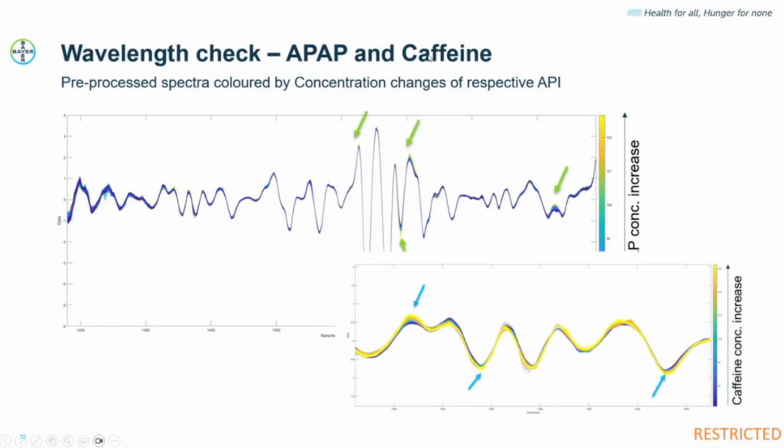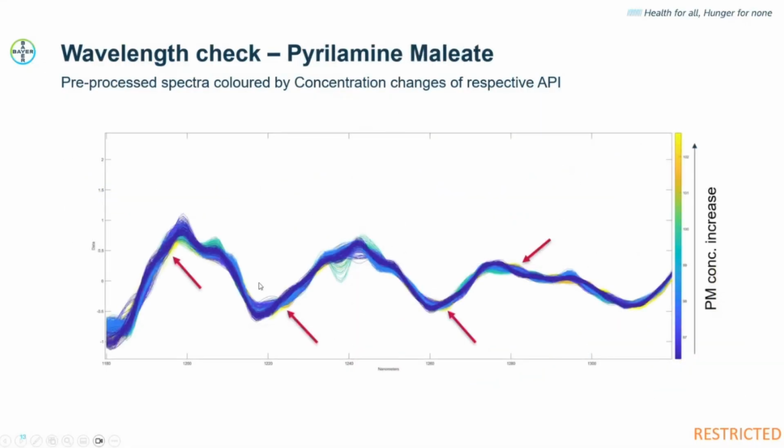There's also quite some opportunity to check the concentration changes of caffeine. I noted some of them. They are in the range between 1,300 to 1,500 nanometers. And if you take a look at this pre-processed spectra color-coded by the